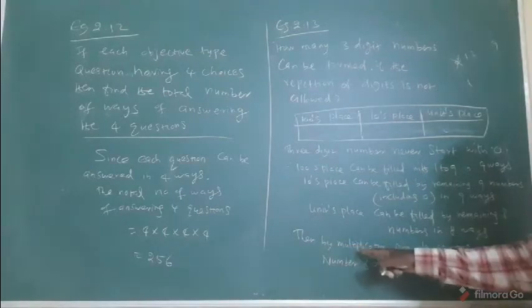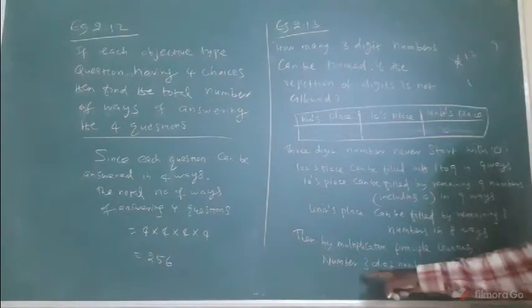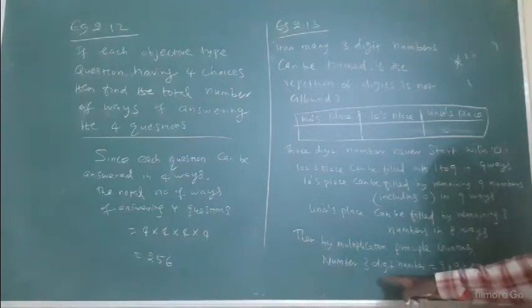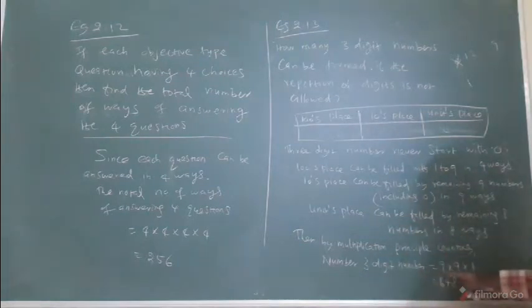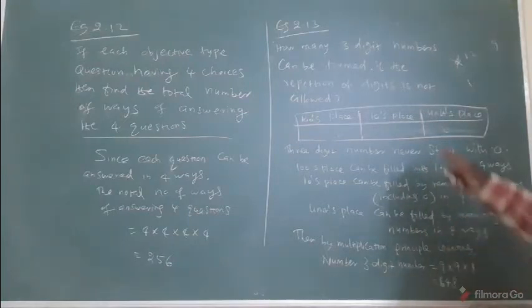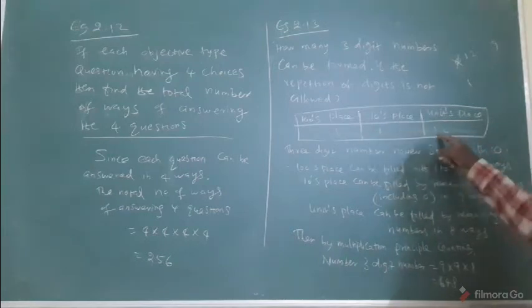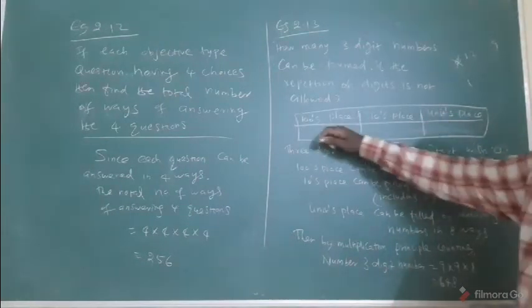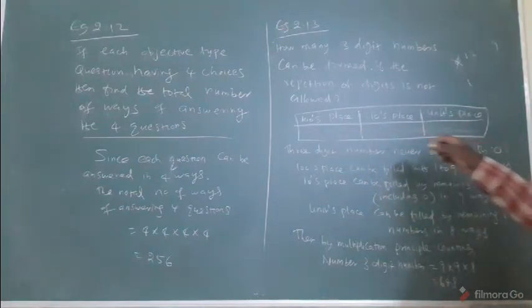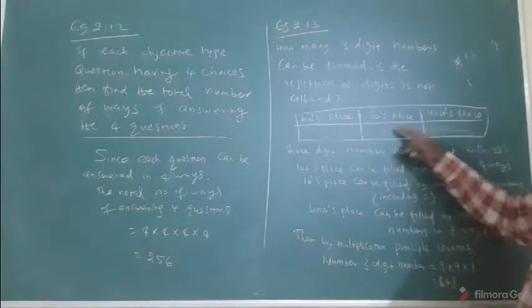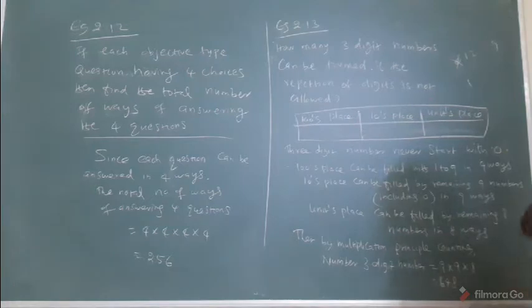Therefore, by the multiplication principle of counting, the number of 3-digit numbers is 9, first value, next 9 ways, 8 ways. Multiply 9 × 9 × 8 for the answer. I mean, the repetition is not allowed. Suppose here 1, 1, 1, this is a 3-digit number, but this is not allowed. Am I right? That's important. You will put any number, the first number not 0, the remaining any number, but the repetition is not allowed. That is the condition.